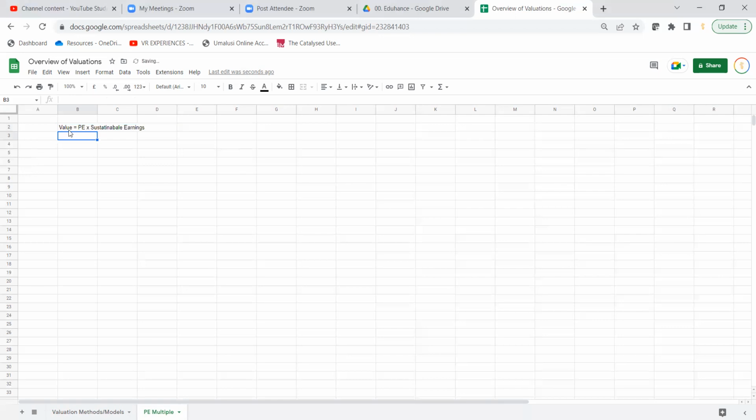Sustainable earnings. Now, you either call it sustainable earnings or maintainable earnings, it doesn't matter. So that is the general formula, right? But here are some important things. The way you want to set it up, you will look at it as follows. You will just set up PE, then you will set up sustainable earnings, and that will give you